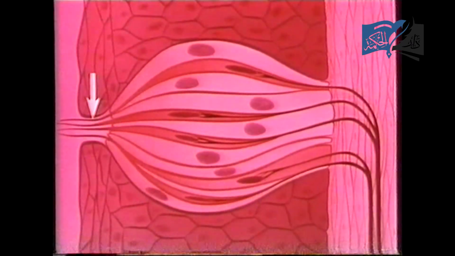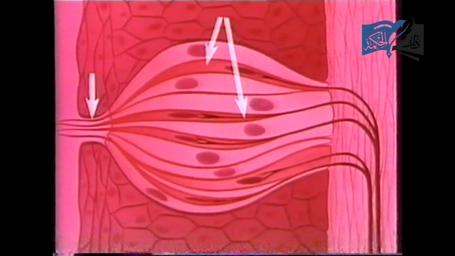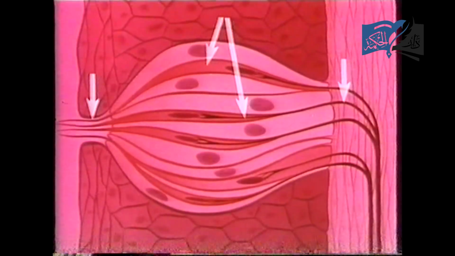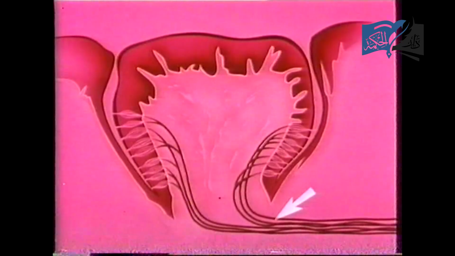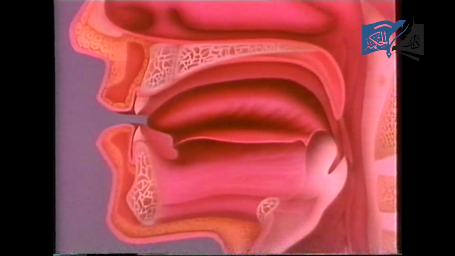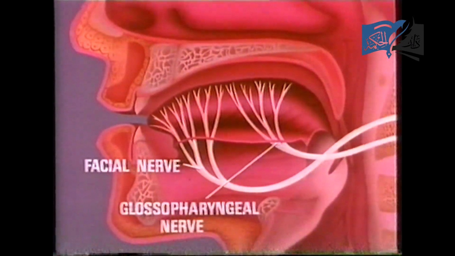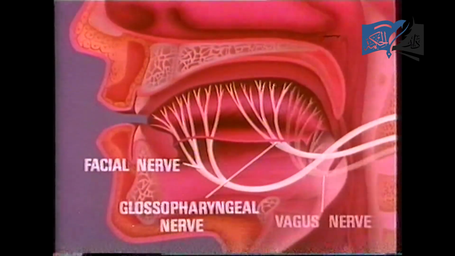Among the key structures in any taste bud are a pore opening to the surface, gustatory cells, which are the actual taste receptors, and nerves formed by the fibers of these cells. Here's a papilla and taste bud as they appear under the microscope. The nerves of the individual taste bud extend back, depending on the location of the bud, into one of three larger nerves: the facial nerve, the glossopharyngeal nerve, or the vagus nerve.